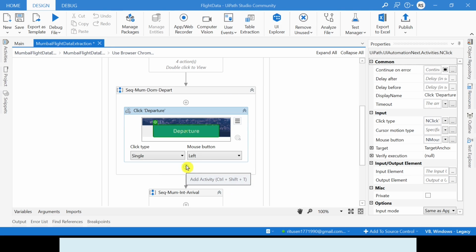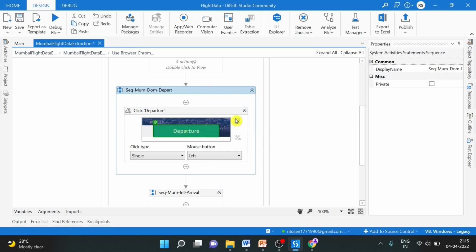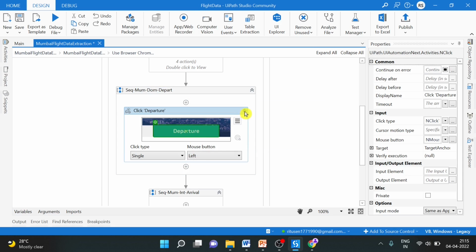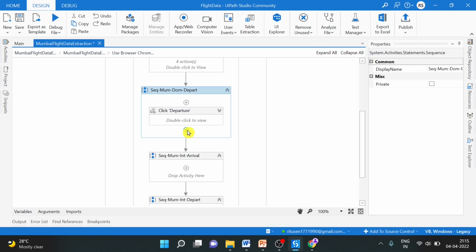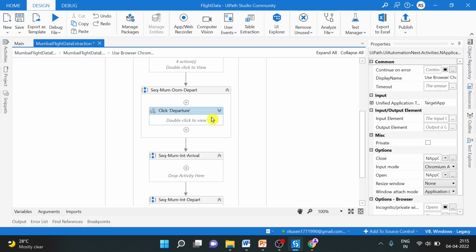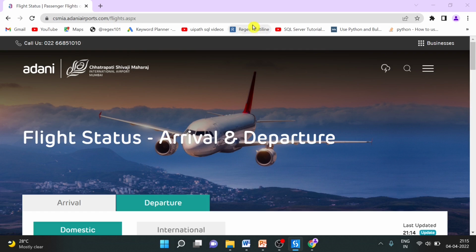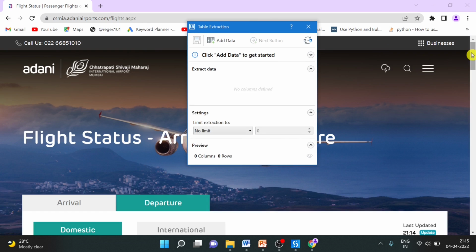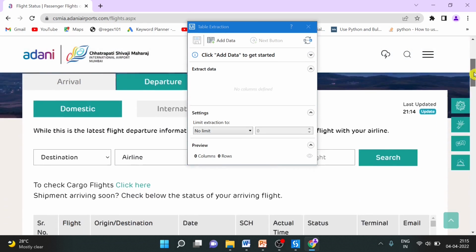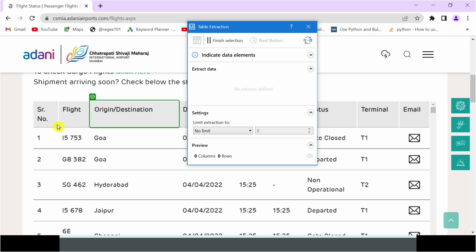And now here in this sequence, inside the sequence itself, you can minimize this, click and add. After this, click here and you have to perform table extraction. First of all, come down so that the table is in the center of the screen. Add data, click on